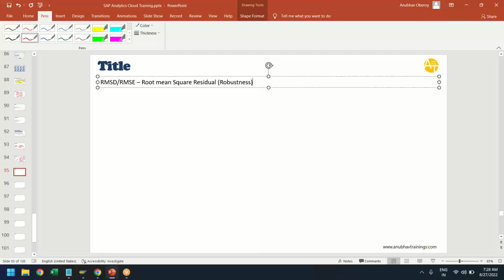So you will try to break that iron plate. In the same way, in this machine learning model, let's assume if I double the error, then in that case also, does my model have a big change in the overall error, or does my model not have much change in the error if I double the error? So in that case we can use root mean square residual. Yes, this will help you to check the